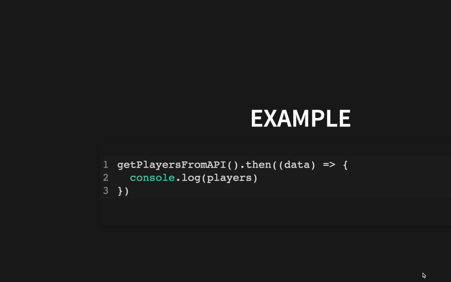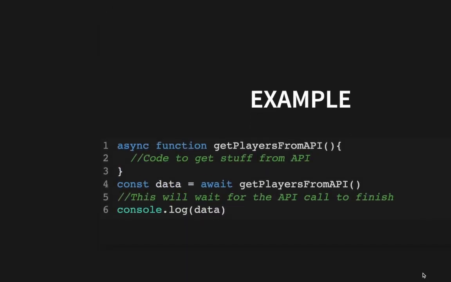Data is my parameter that's getting back from the server, and then when I print it, that should say data, not players. That's a typo there. But then when I print data inside of that promise, it'll work. Another way you can do it, and this works if you need to save that variable and do it somewhere else,